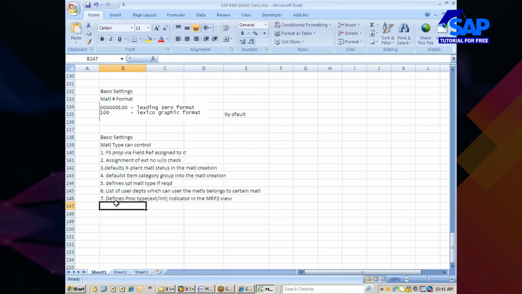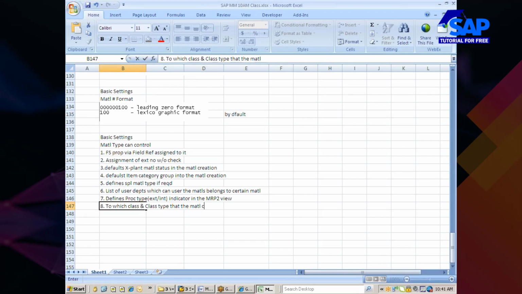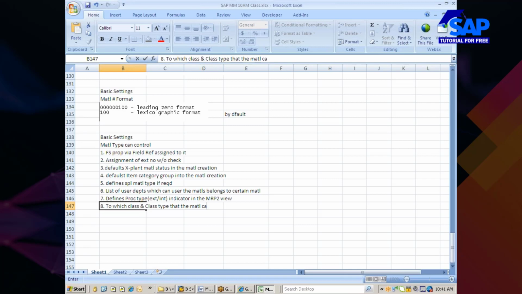So here it can control which class and class type the material can be put into.